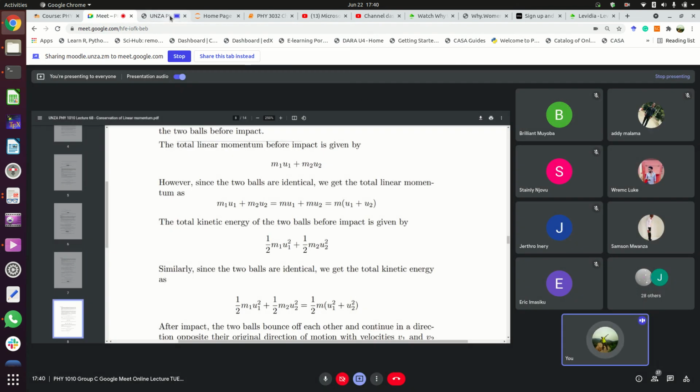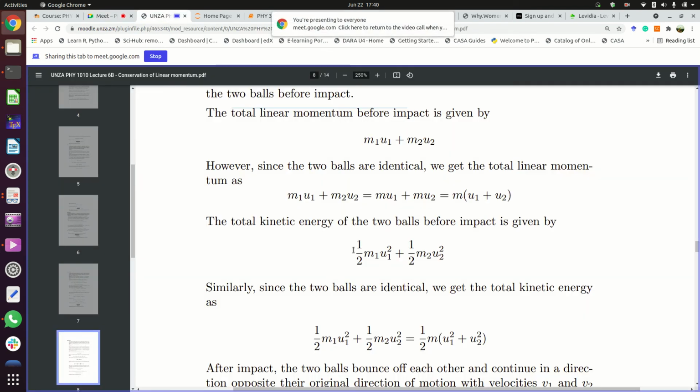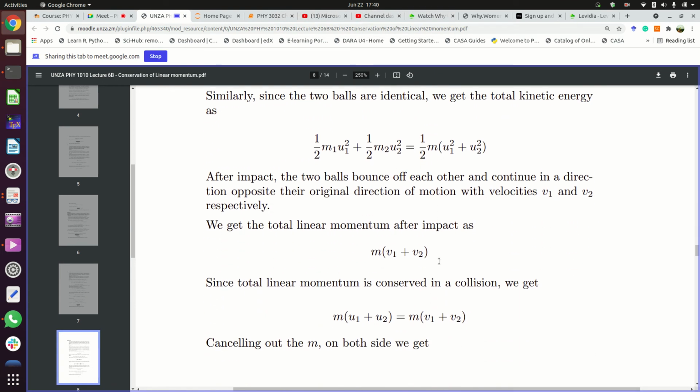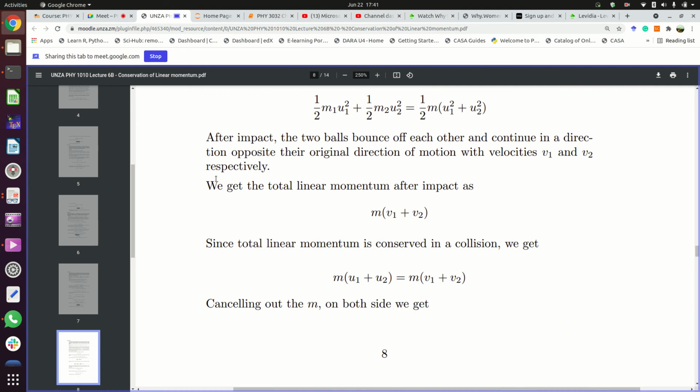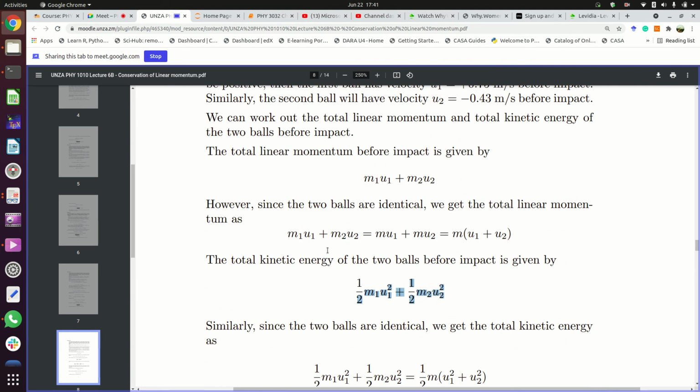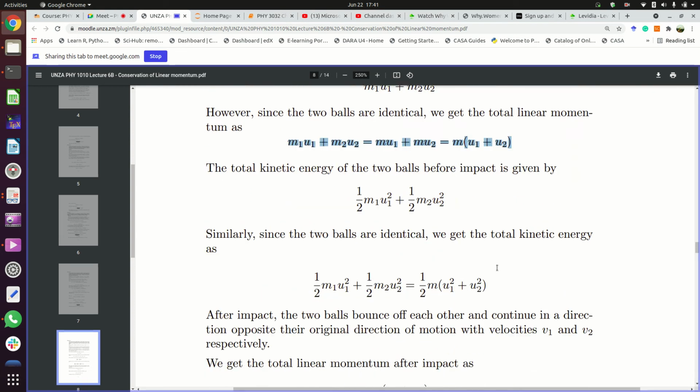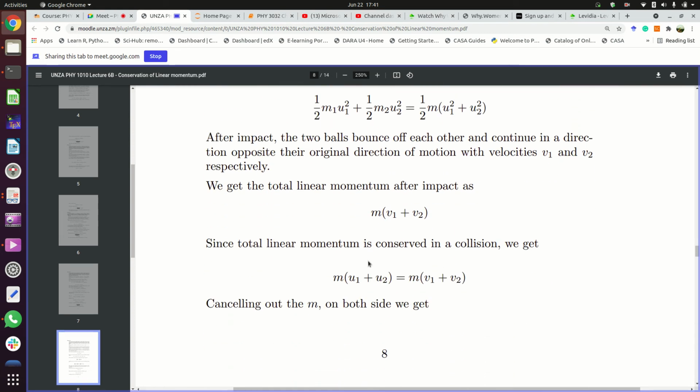So with that being the case, this bit here, we'll skip it for now, we'll come back to it later. We can also, the same way we have done here, work out the total linear momentum after impact. So the total linear momentum after impact